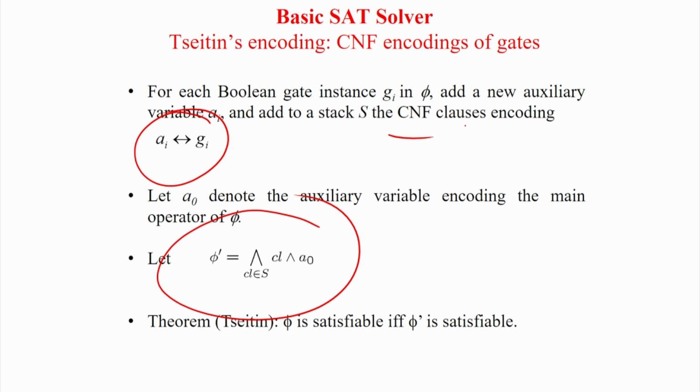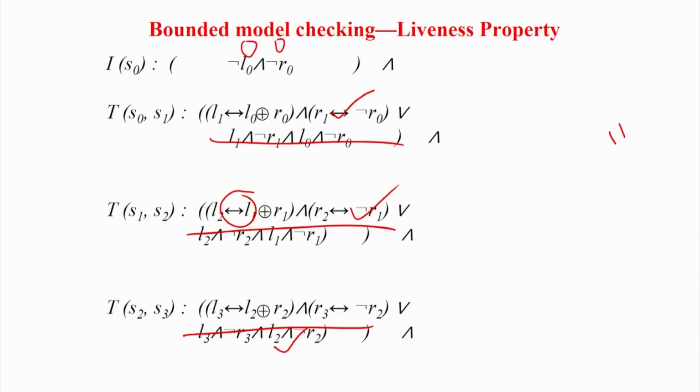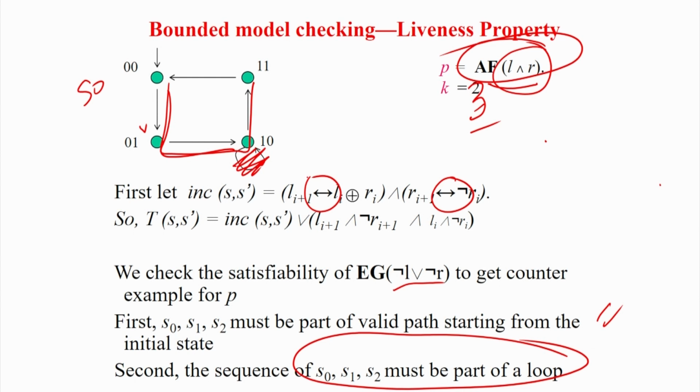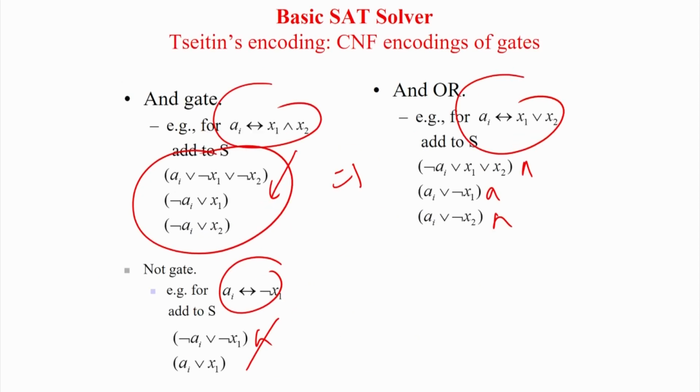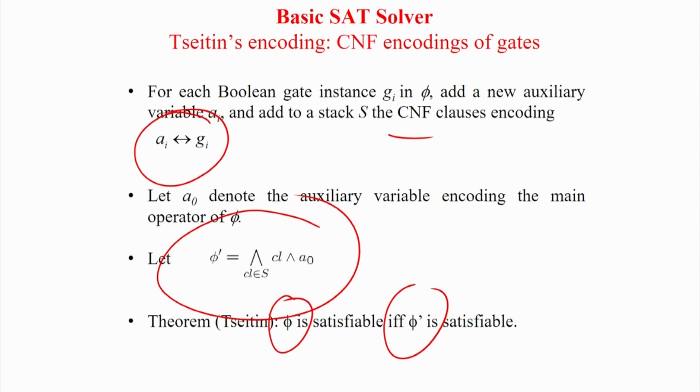And then already we know the theorem, you can refer to it. So this equivalence means phi is satisfiable if and only if phi prime is satisfiable. So basically the idea is that even if you write the relationship of the Boolean model checking, bounded model checking, even if you are having these clauses, we can still easily translate them into the CNF form using these structures, and then finally we will give this 3-CNF form to a satisfiability solver, and the